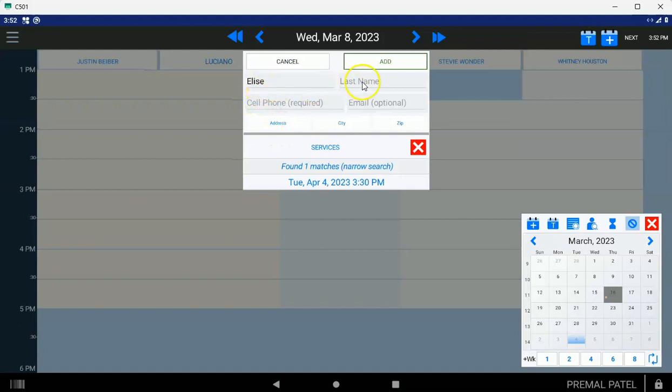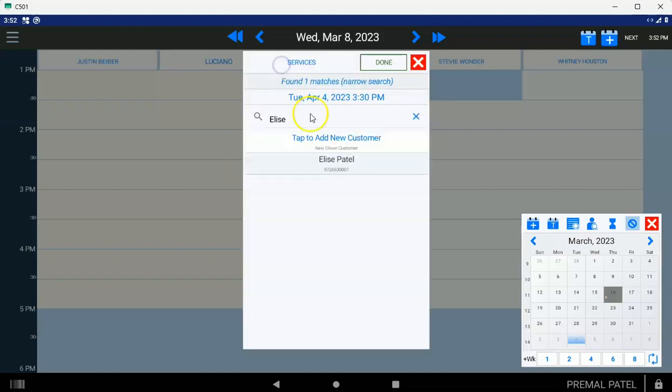You give the customer a first name, a last name, and a cell phone. That's the only 3 bits of information that are required, and you tap add, and you'd have a new customer in the system. Okay. But if you don't add a customer and you pick an existing customer, you tap on